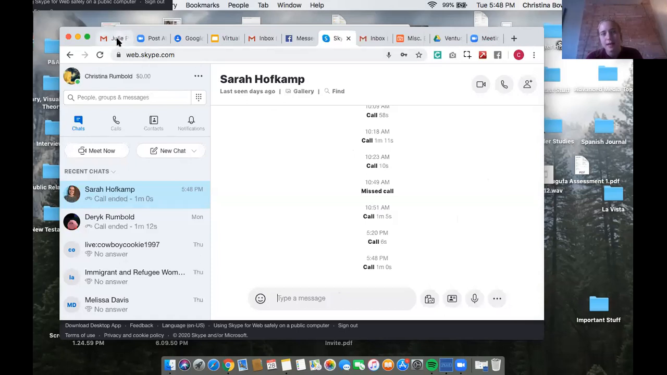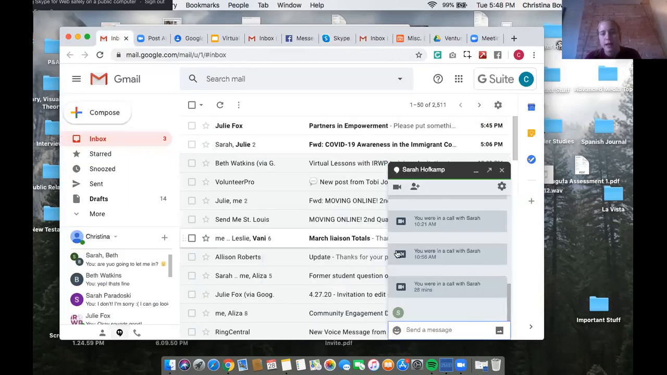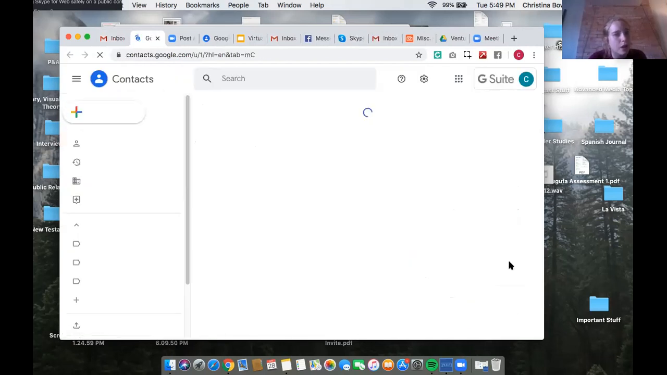And then the last one here is Google Hangouts. So this is if you have a Gmail account and your student has a Gmail account. So you can sign in to your Google account, get to your Gmail, and you'll see 9 little icons or little dots up here in the right corner. So I'm going to click those. And the first thing you need to do, if you haven't done it already, is add your student to your contacts. So you can go to contacts,